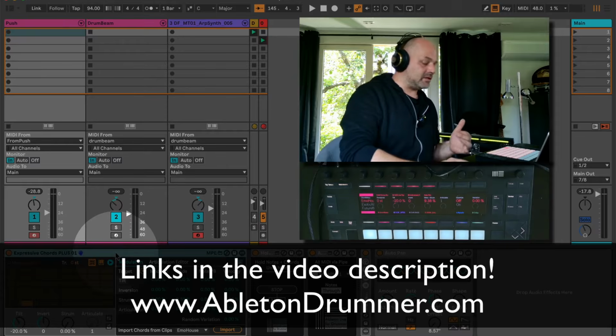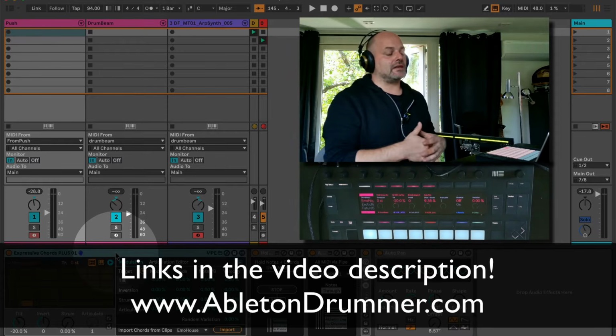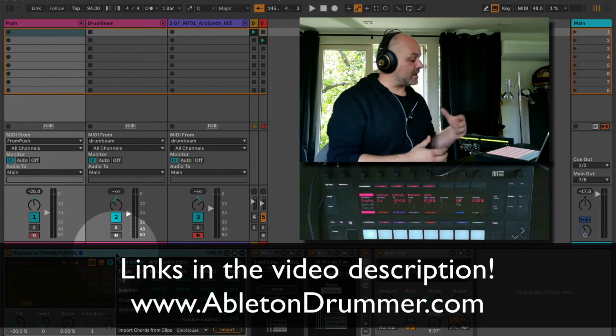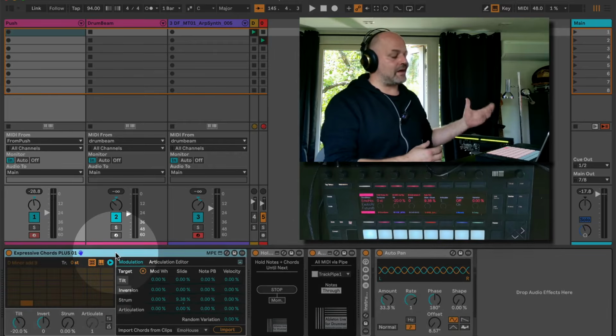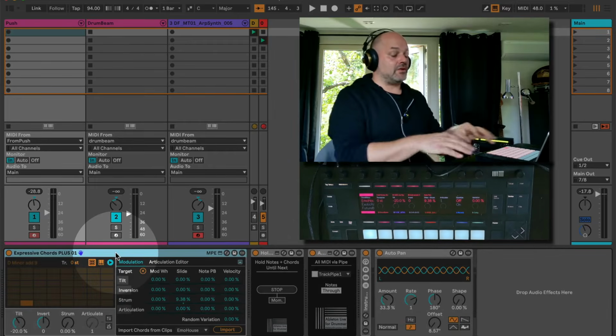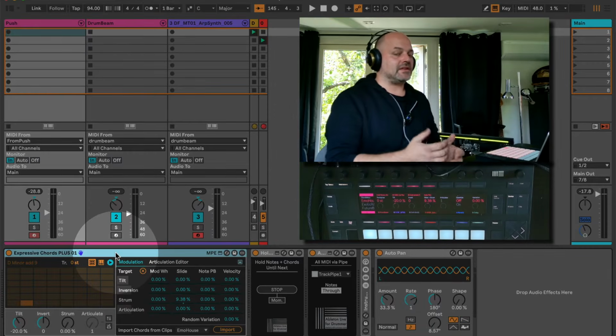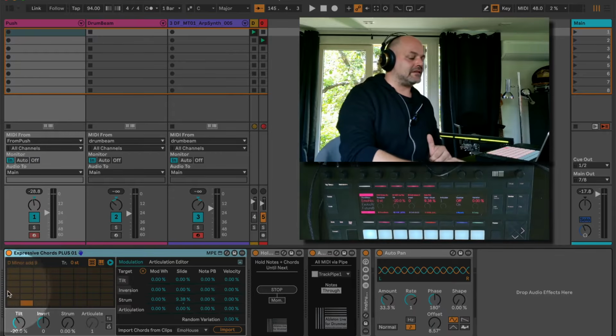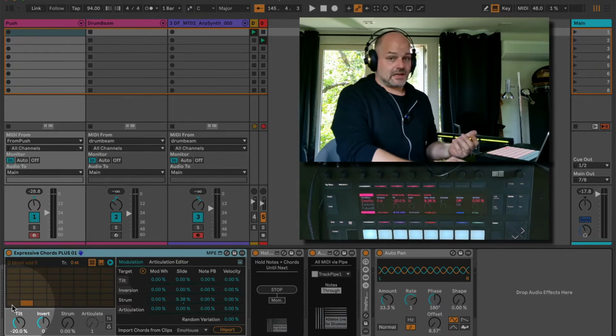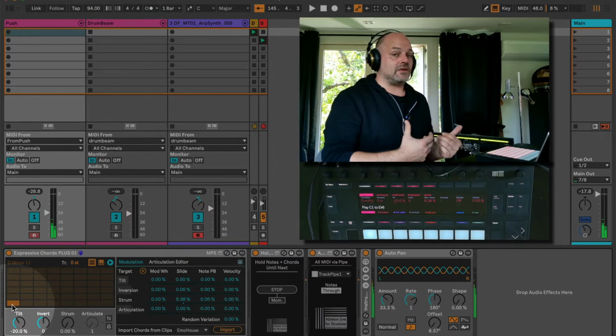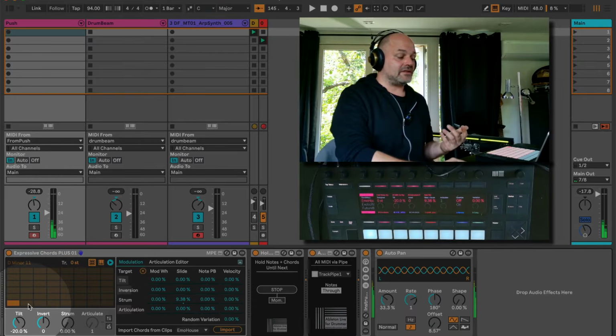The Expressive Chords device is a device where you can load in a stack of chords, and then you can use your Push or any other MIDI instrument or your computer keyboard, sending MIDI notes in, starting at C1. You can click on here as well and it will play you those chords. Some really nice chords. Presets are in here,